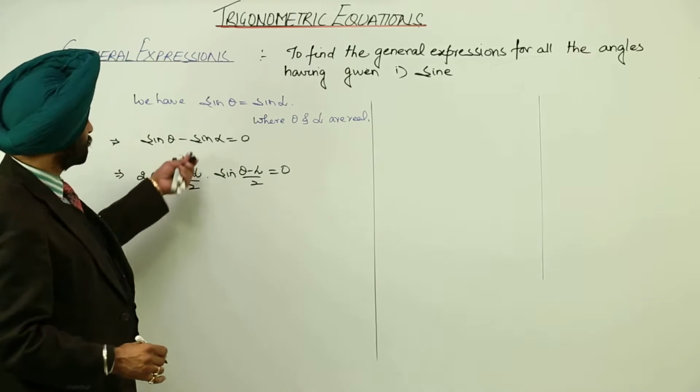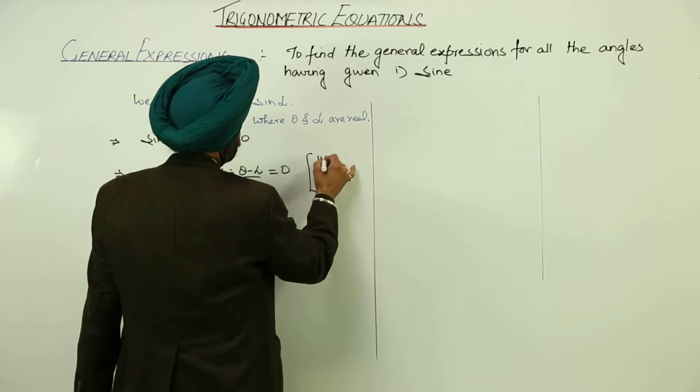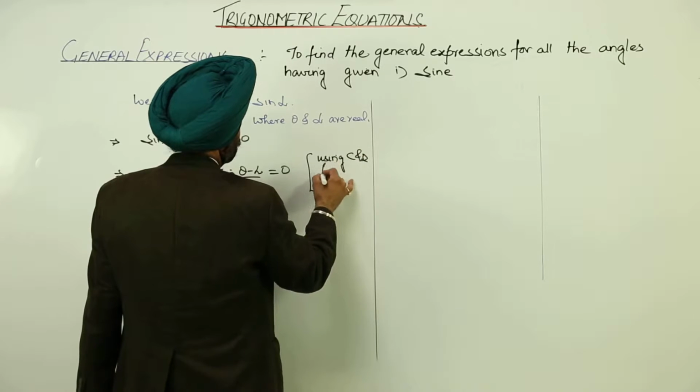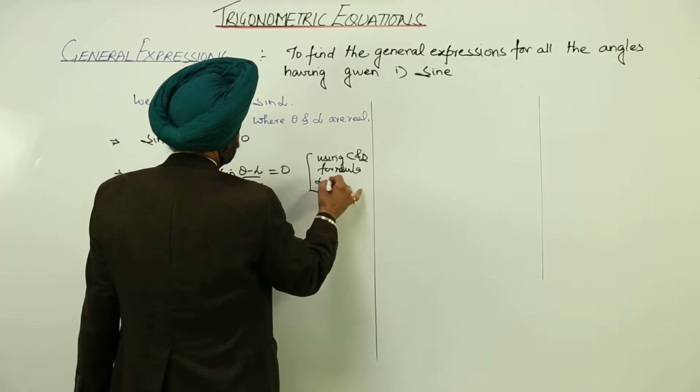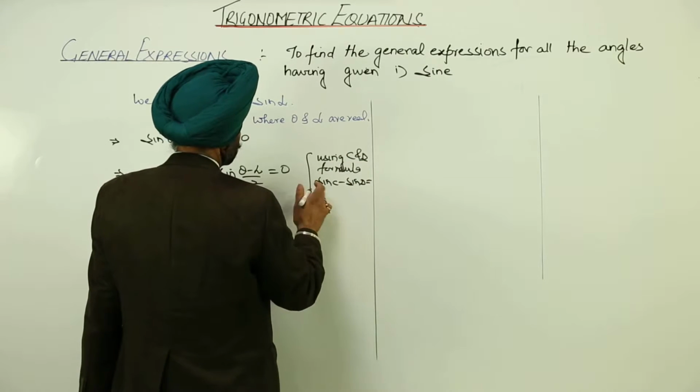I have just used the C and D formula: sin C minus sin D is equal to